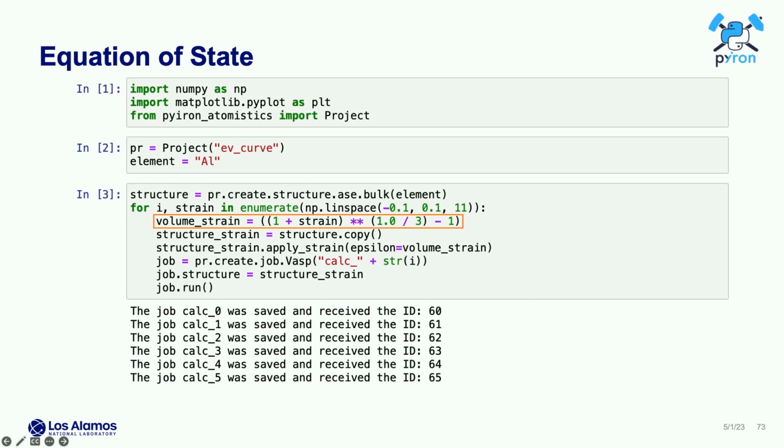Right, so here, just showing it for the volume strain, you would still do the change of your strain to adjust it to the structure, but really have the physical steps, right? So I have my strains going from minus 10% to plus 10%. I copy my structure, I apply the strain there, and then here I use the VASP code. That's unfortunately not available in the virtual test environment because VASP is a licensed code, but in general, you can also use other codes and then run my simulations. And you see basically it's a for loop, so it's creating a couple of calculations and submitting all of them.